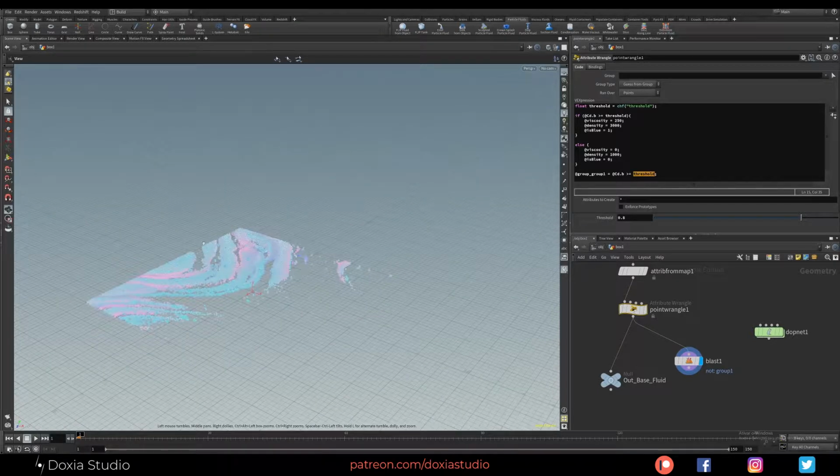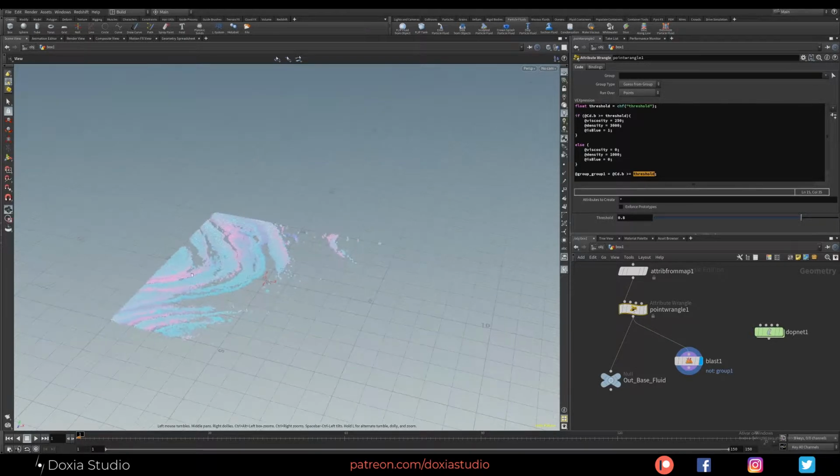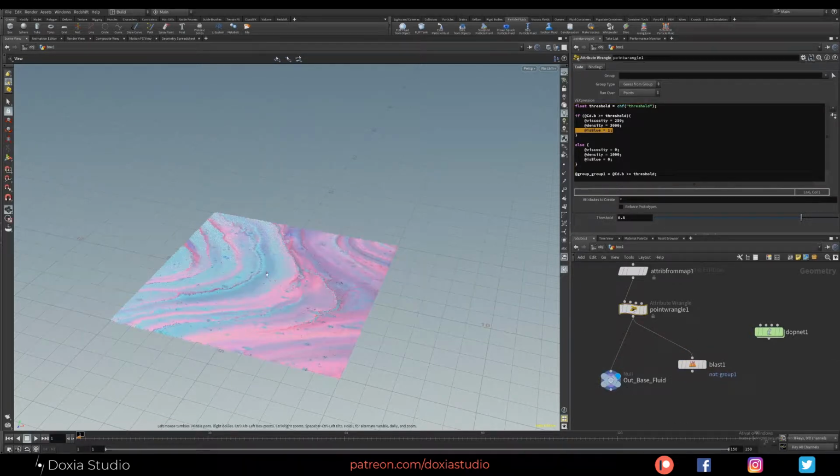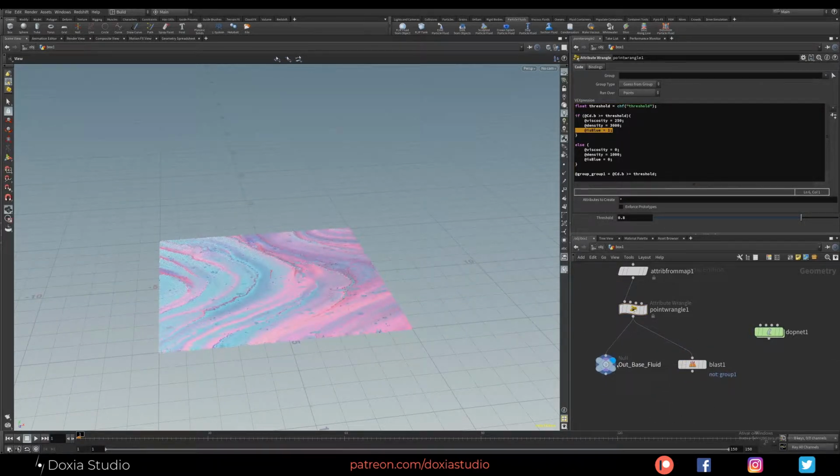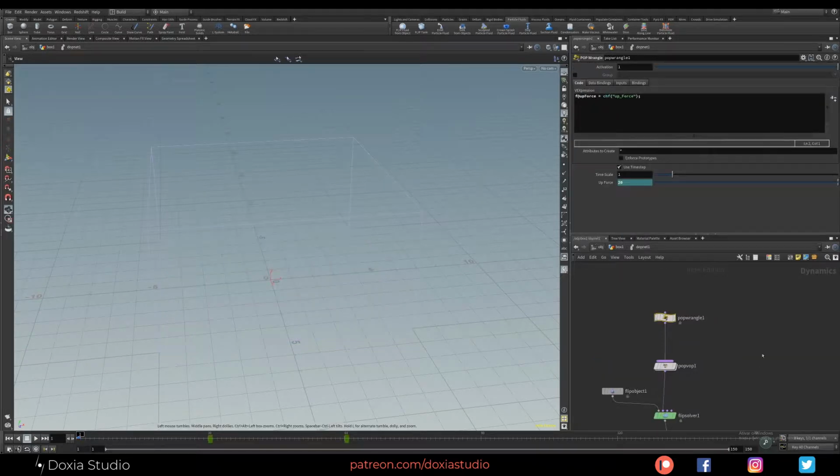So right now we know that these particles that we can see have a viscosity of 250, density of 3000, and the boolean is blue is true. In our case is 1. So now let's link our null out base. So how can we use these particles on our dop network? Let's go inside our dop network,